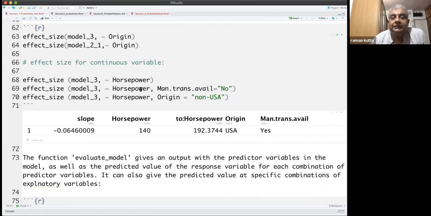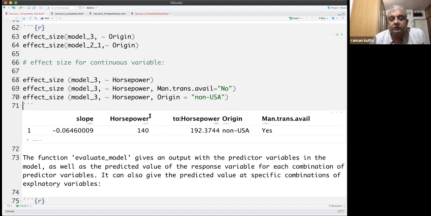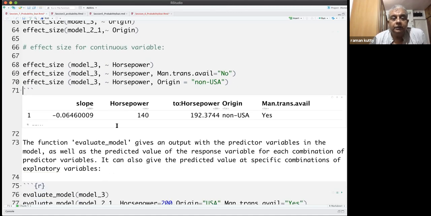Then you can change the specifications. You can say you want to see manual transmission available no, then you get these. Here, of course, it's not much different. You can also look at non-US. Of course, the slope is very similar because we have forced the slope to be similar.